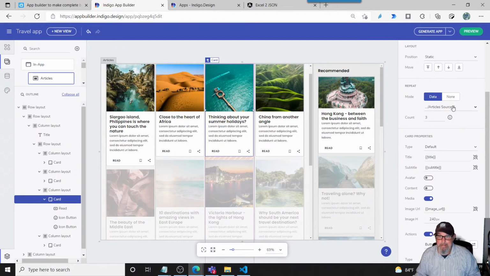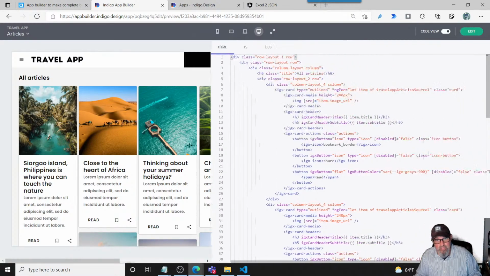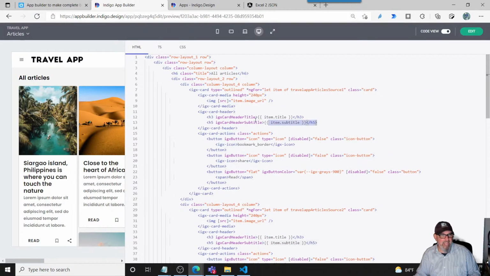But you'll notice that I have it bound to the article source. I want to show 3 data items, and then I'm doing data binding here. So I can link into the properties of my data source, and it automatically binds it. So now this is the articles page. Let's go to preview, and I want to show you the code here. If you are an Angular developer, you are familiar with what's happening here. We've got an ngFor